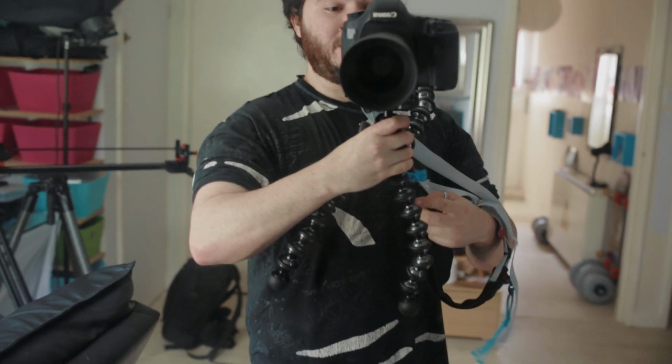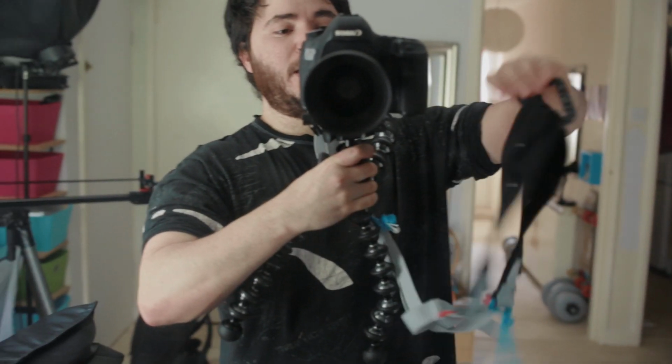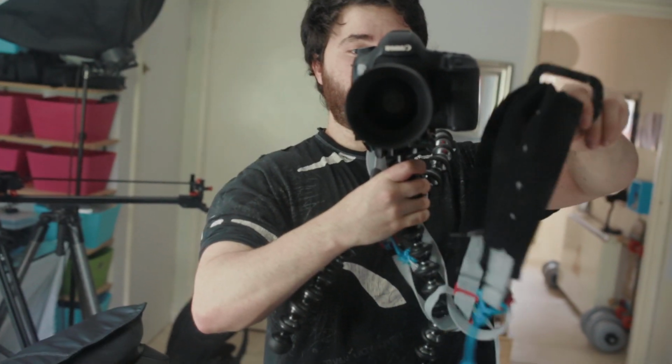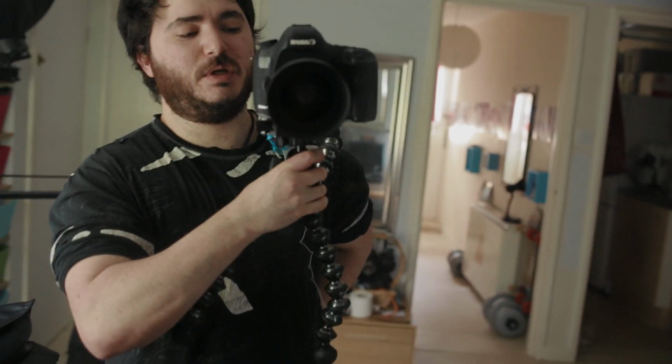This is just my camera strap, which is great because that means that, you know, if I'm traveling, which would be one of the reasons why I'd take this as my stabilizer, because it's so damn compact. And just my camera strap with a clip there, which works really well. So basically it's going over my shoulder like that, and then it's being clipped to my belt loop on my